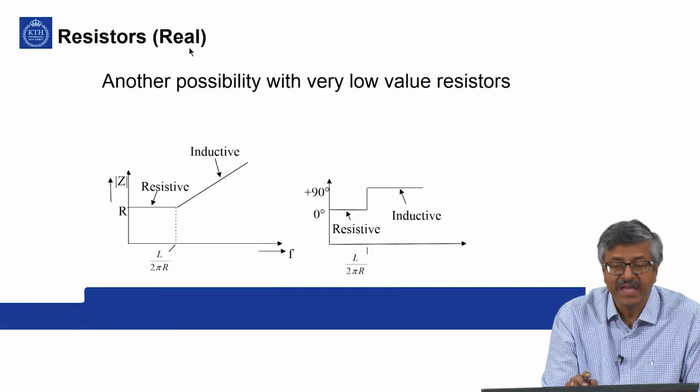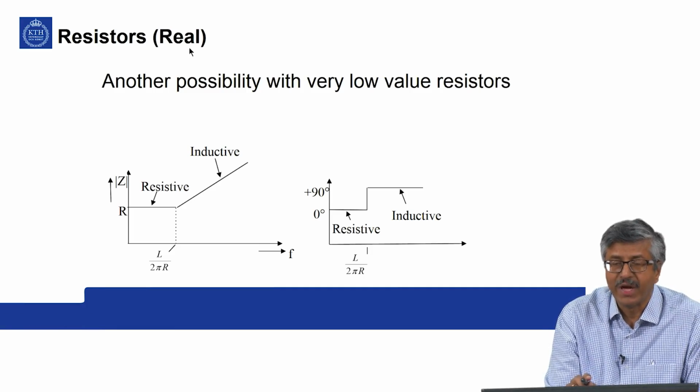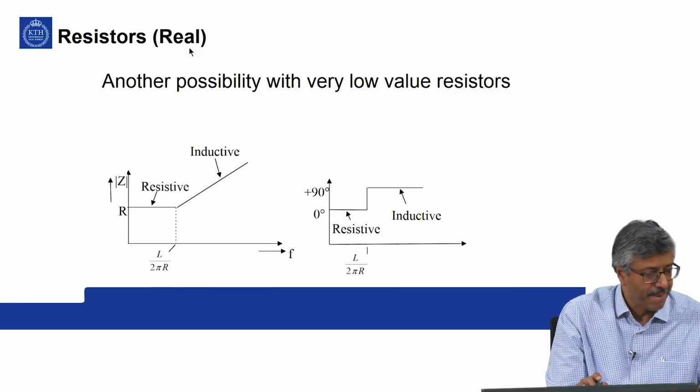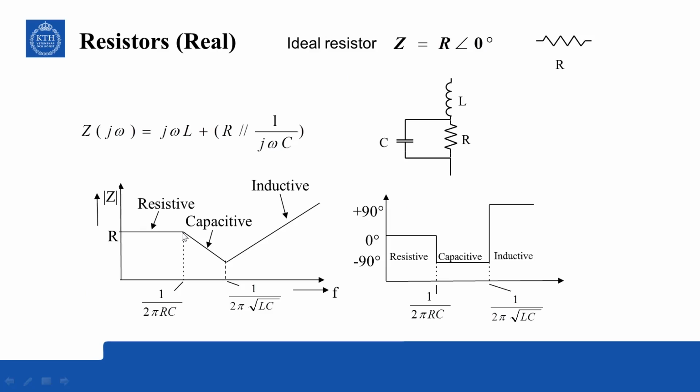Let us consider another possibility with very low value resistors. Now that possibility comes when the inductive impedance first becomes equal to R,